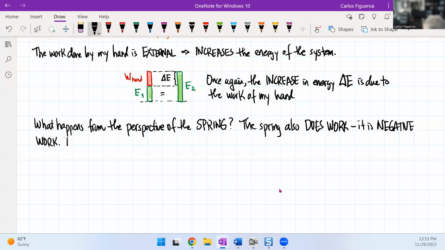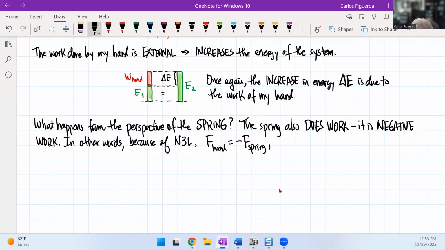So, in other words, because of Newton's third law, the force of my hand must be equal to the negative force of the spring, and therefore,